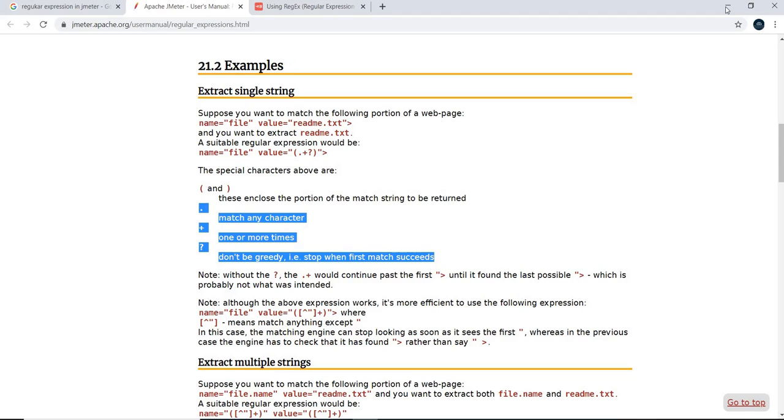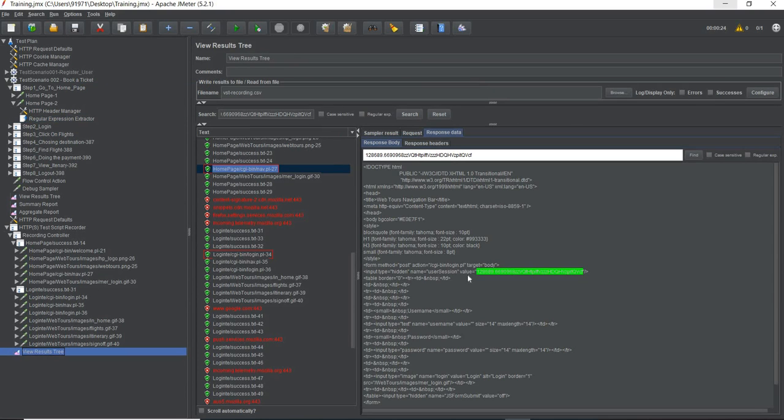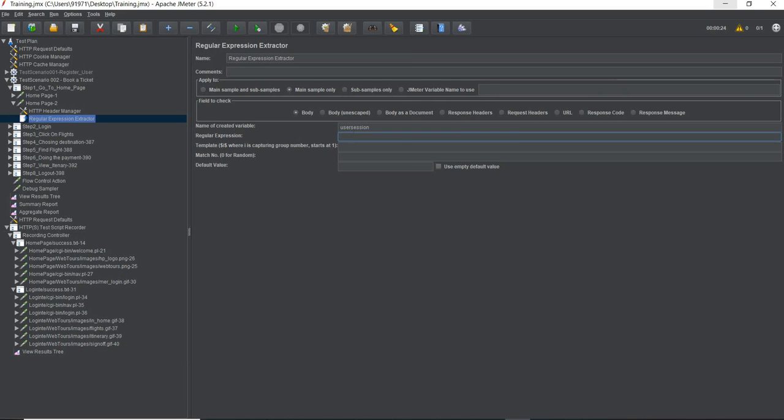I will try to fetch this value using these three. Okay, so what I will do is I will again go to my view result tree. So this is my value. I will just copy it completely like this, and I say Control C. I again go to my regular expressions. I will say Control V. So we have this complete value. So this is my left boundary, this is my right boundary, and this is something which I need to extract. I will just delete it, and instead I will place a parenthesis. So between these parentheses we need a regular expression.